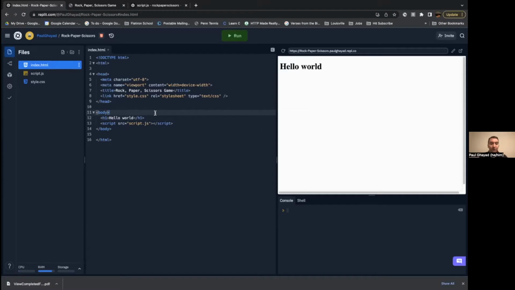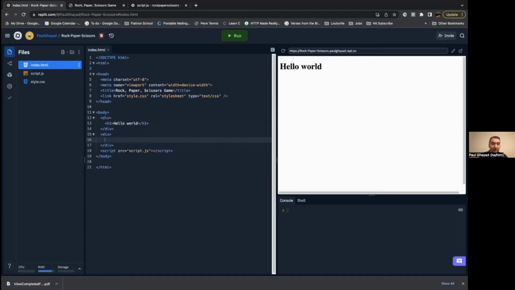Something we can do is put the H1 in a div. So there's a lot of tags. A div is short for divider, and it's a standard tag used to divide different places within the web page. So I'll create another div. So our first div will have, we'll call it, welcome to rock, paper, scissors,